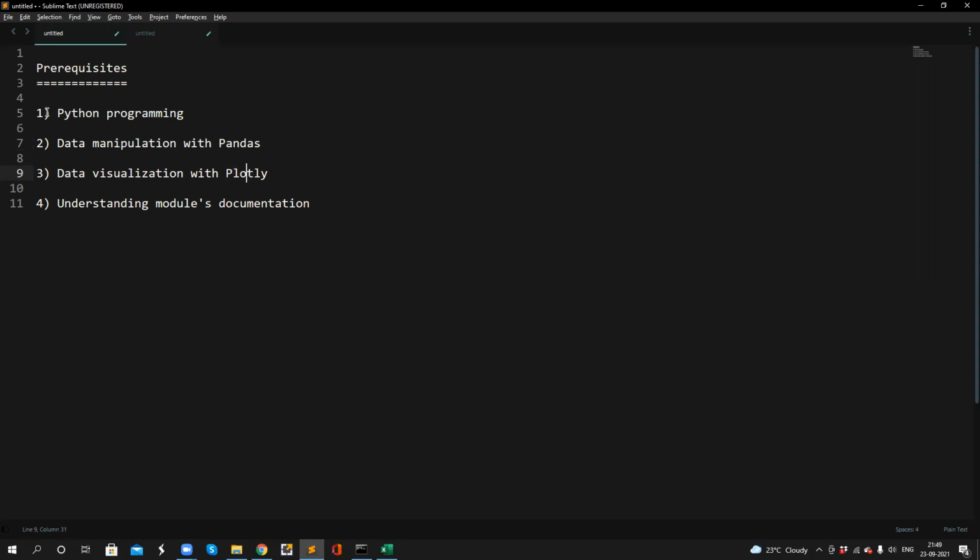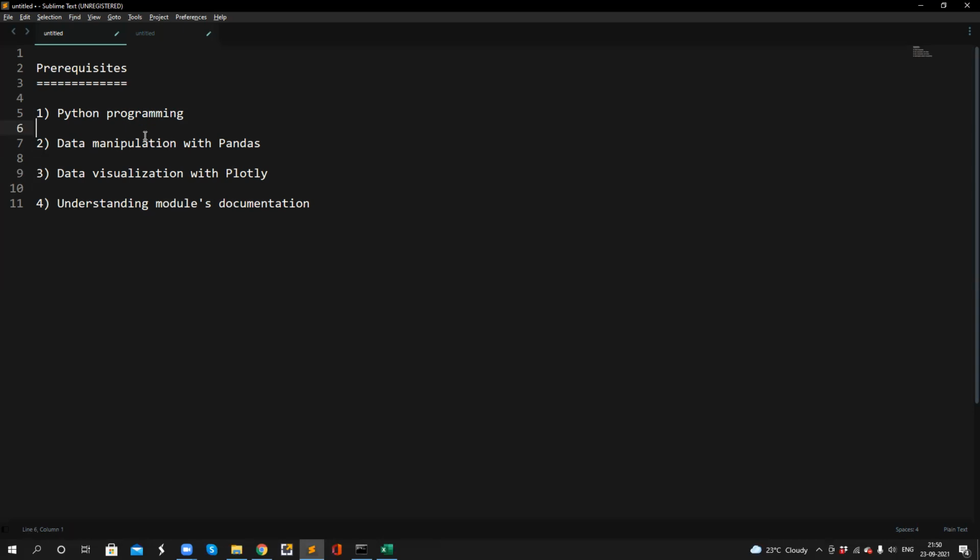And after all, to implement this, we should know how to read documentation. Even if you are a beginner or if you have some experience in programming, you should know how to read the documentation. Otherwise, you won't be able to figure out how to solve any task. So these four are a must for this project. I'll not be teaching the basic fundamentals and other things. I'll be sharing my project, which I have implemented using all these concepts.